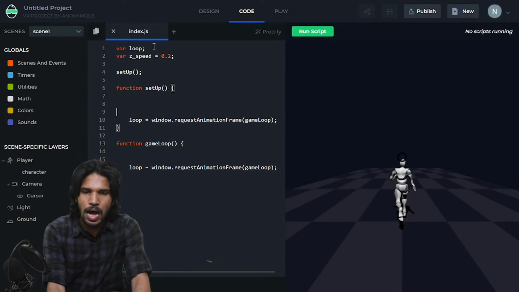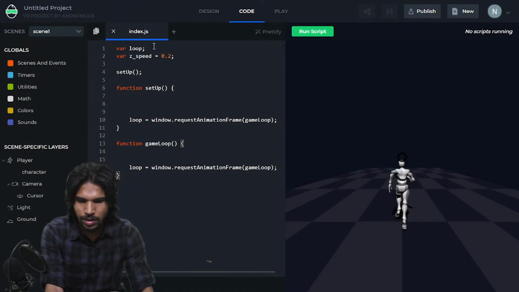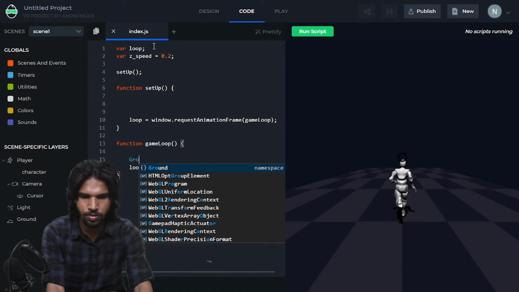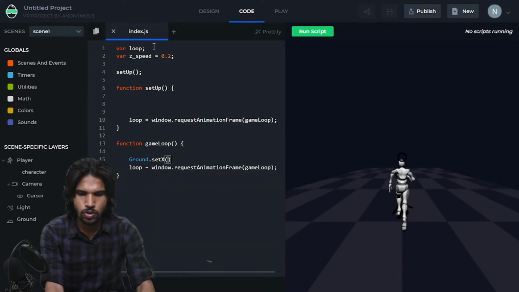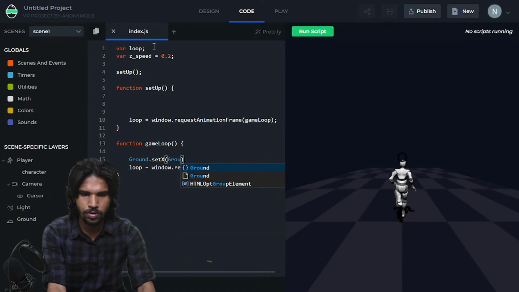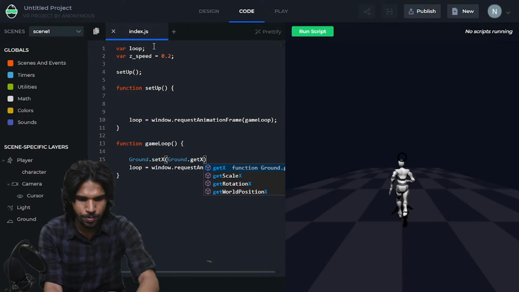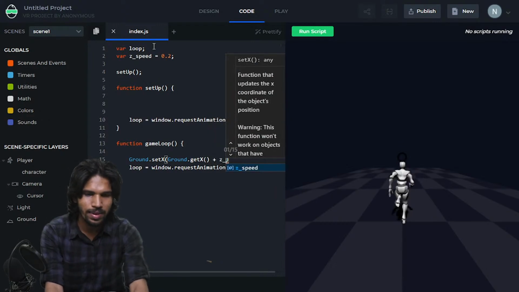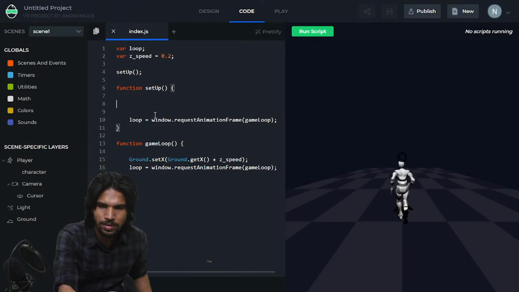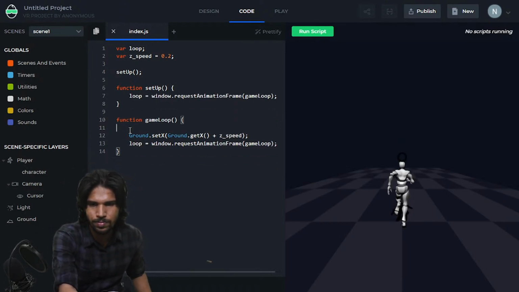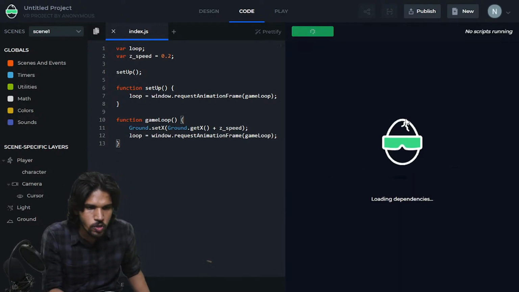Okay, so now I'm going to say that my ground object, ground dot set x to ground dot get x, find its current x position and add the zSpeed value to it again. So now you see, if I just run this code, my ground is going to be moving,